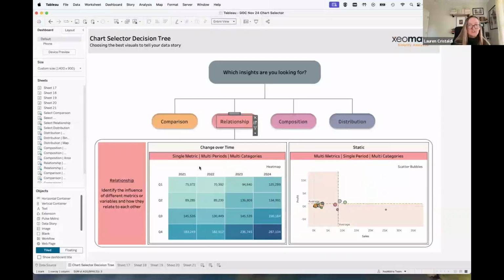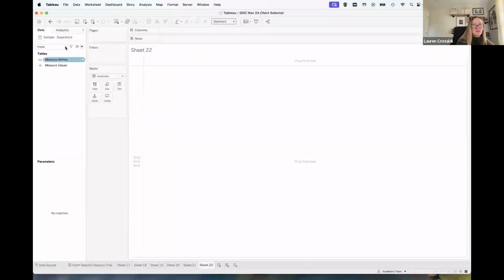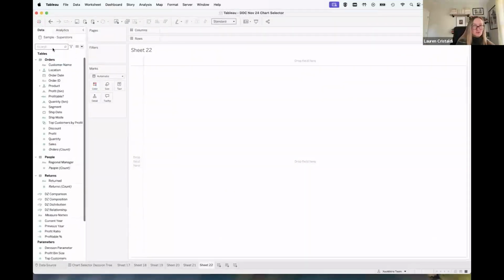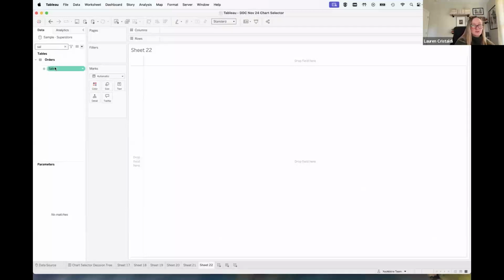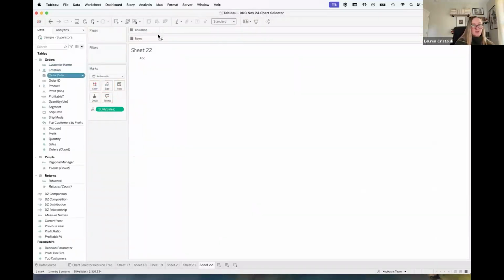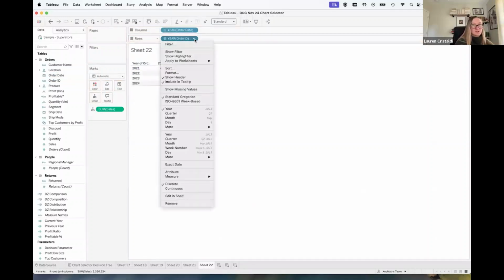In our relationship. So yeah, this heat map is really similar to the one we just made. The only difference is we just have one measure. So the sales, bring that into detail. And then we have the order date up here, that's the year, and the order date right here. It'll default to year again.